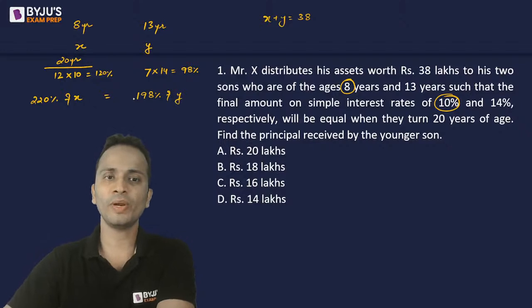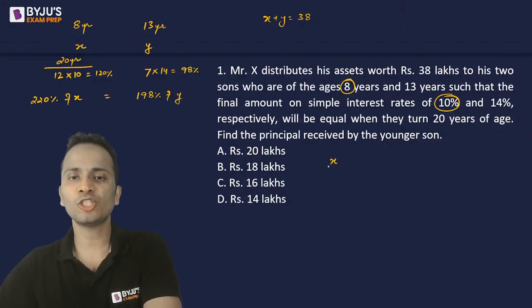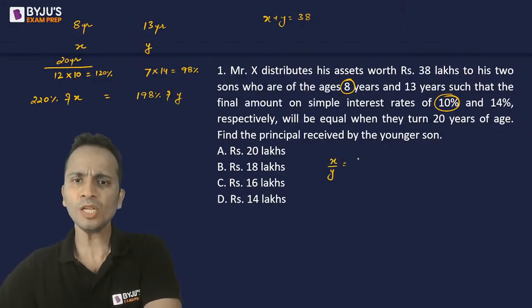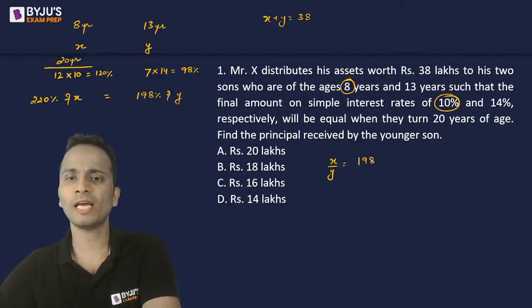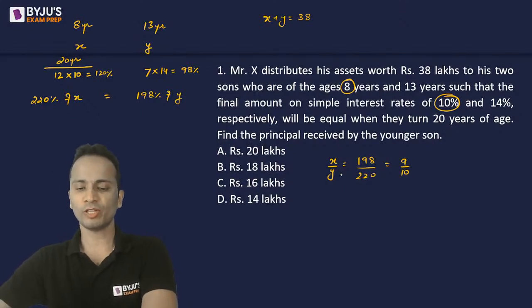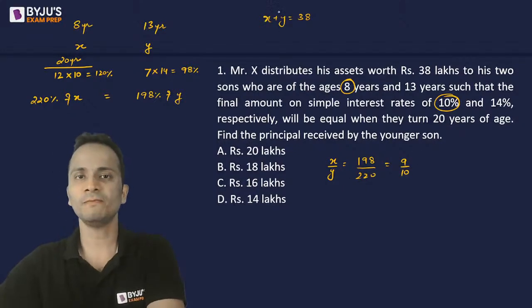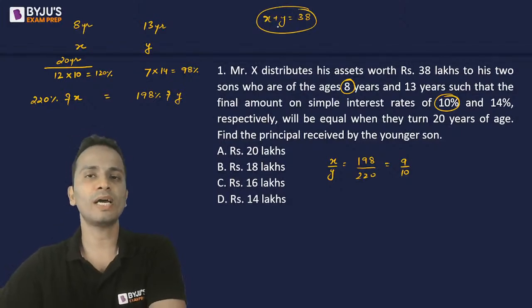Okay, so I can equate them and obtain the ratio of x and y. So the ratio of x and y is 198 divided by 220. That is equal to 9 upon 10. Okay, so the ratio of x and y is 9 upon 10, and the sum of x and y is